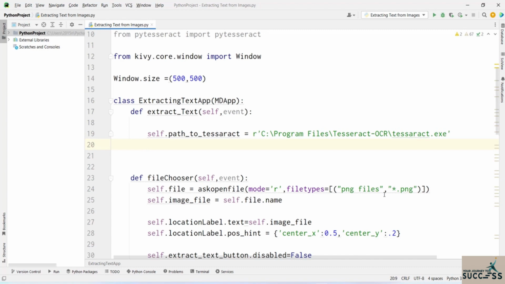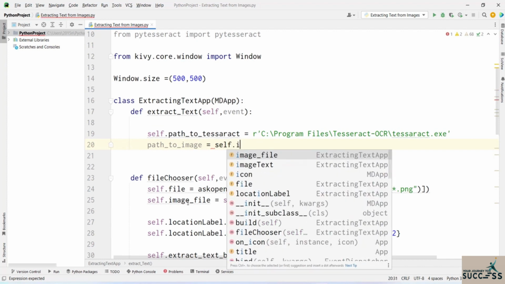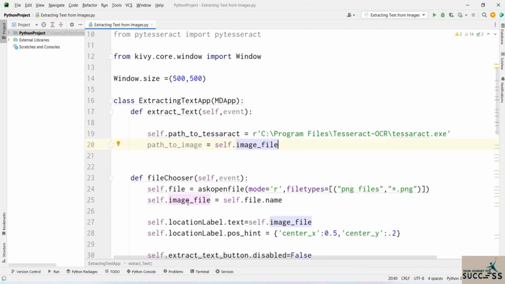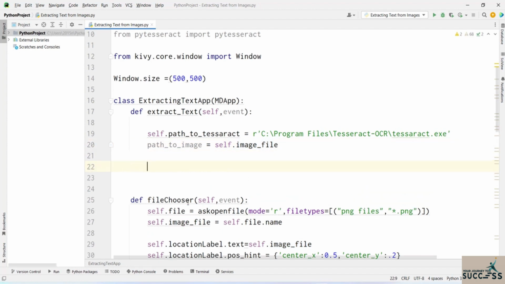Now what I'm going to do is specify the path to my image as well. So path to image is actually stored in this variable image file. So let's say the self dot image file. Okay, so now we're going to actually point Tesseract to tesseract.exe. So right in here, let me just add a comment because this might be a little bit tricky to understand, and I'll just say that point